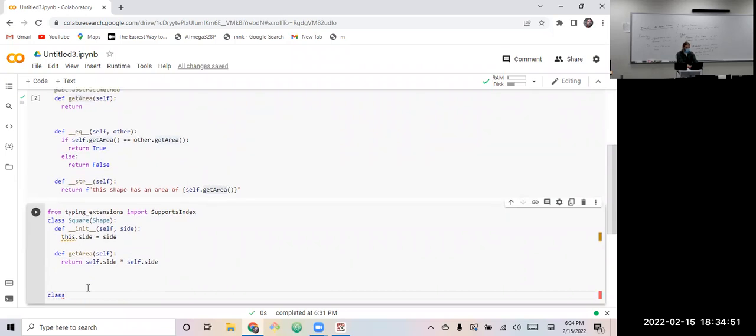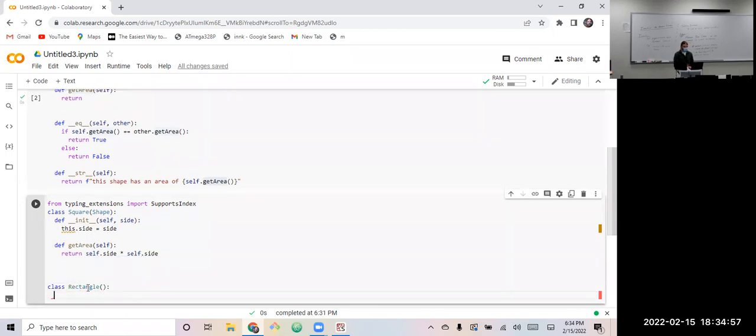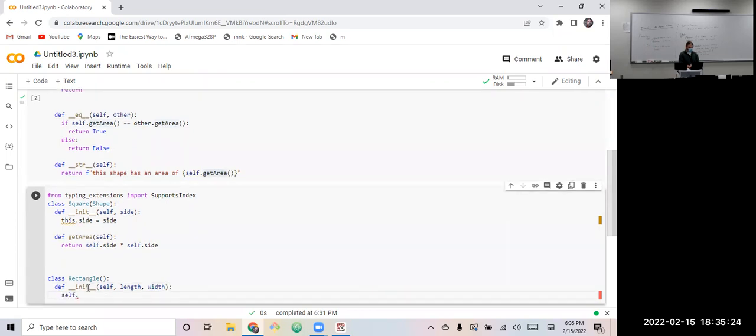And then we'll have another class called rectangle just to show the difference. That doesn't inherit from that. Like this is the idea I mentioned earlier. We make a module and somebody else goes to use it. They might think a little bit different than us and come up with things that don't quite work. So I'll set up their constructor or initializer with a length and a width for a rectangle. Set up all the variables as normal for Python, or all the data fields.